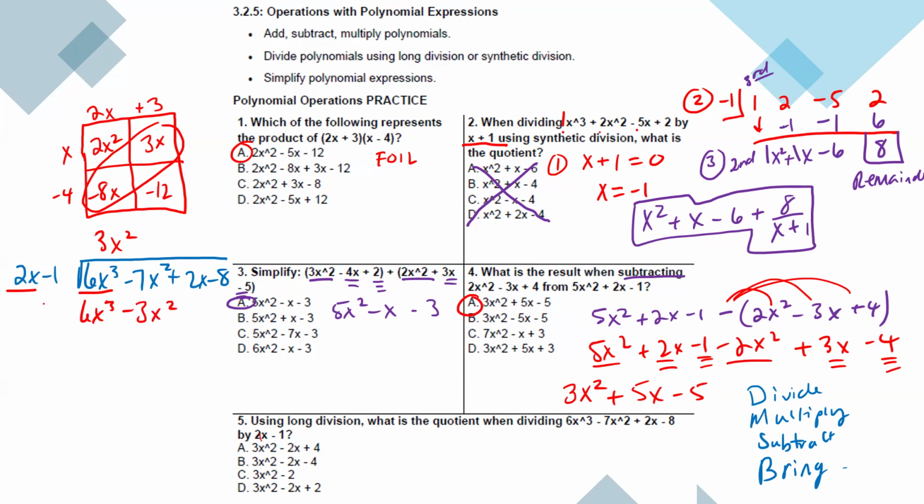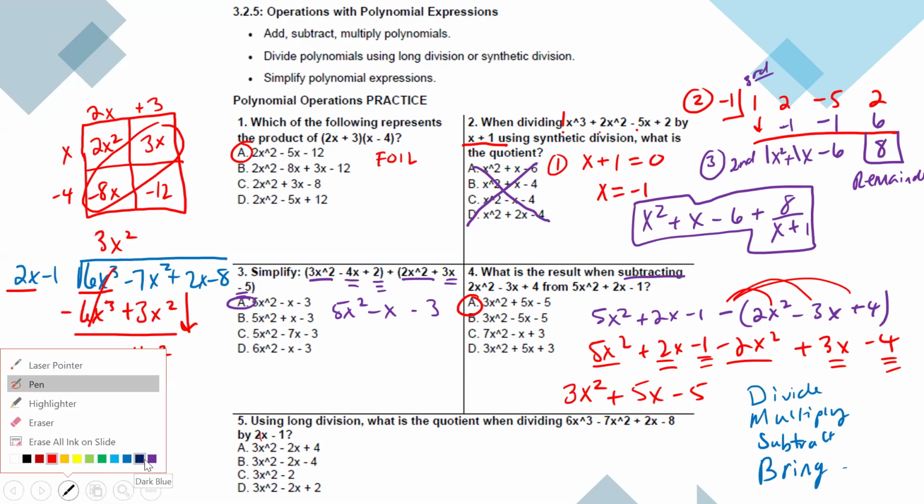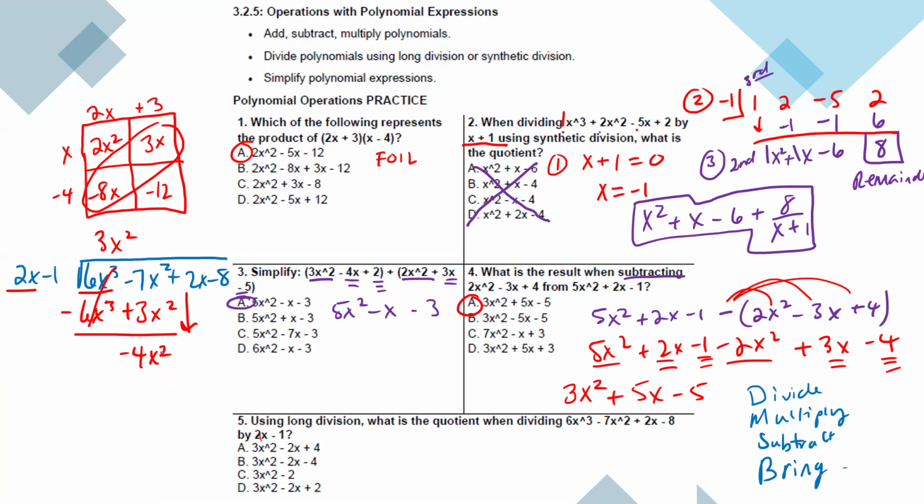Then you're going to subtract. As we learned before, when you're subtracting, you have to subtract all terms, which essentially means you're changing their sign. So it's going to cancel out, and you're left with negative 4x squared, okay? And then you're going to repeat. You're going to bring down and do it again until you can't anymore. So we're going to repeat. So now we have negative 4x squared